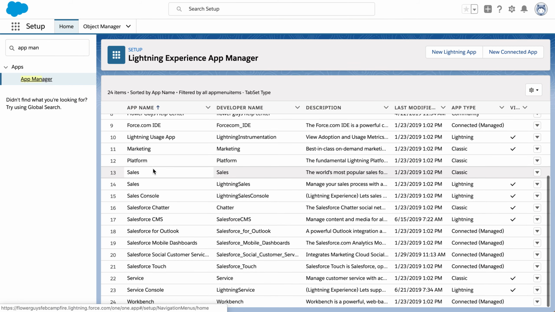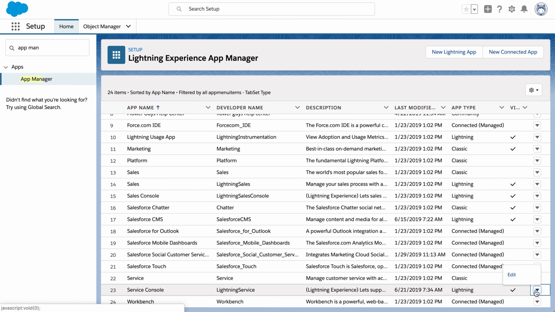We're going to look for our service console. So your service console may be named something else. You may have renamed it to be your company name. So just find that service console that your agents use. You're going to click the little menu icon, click Edit,